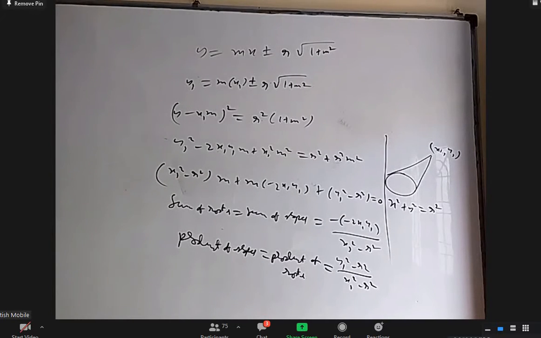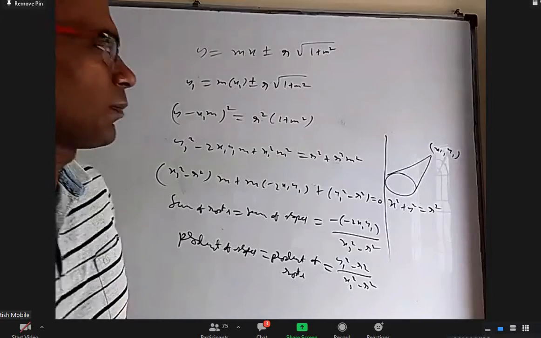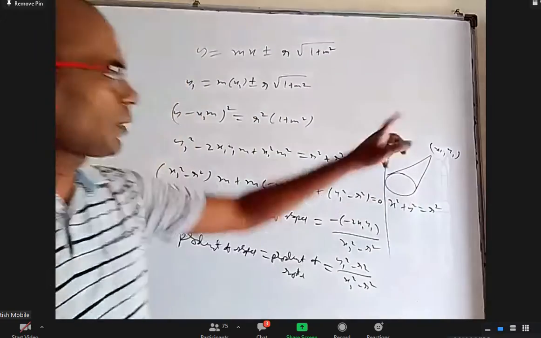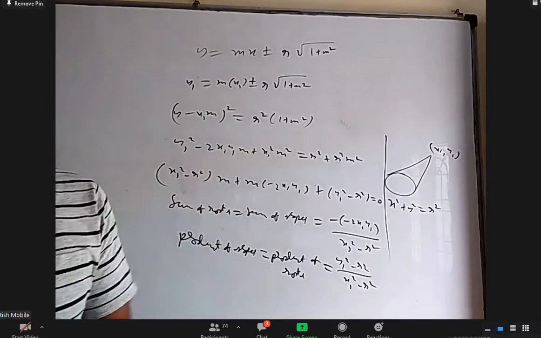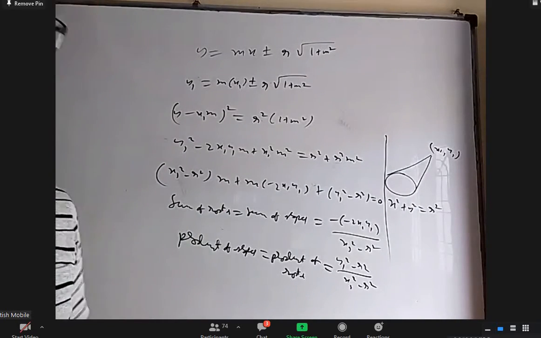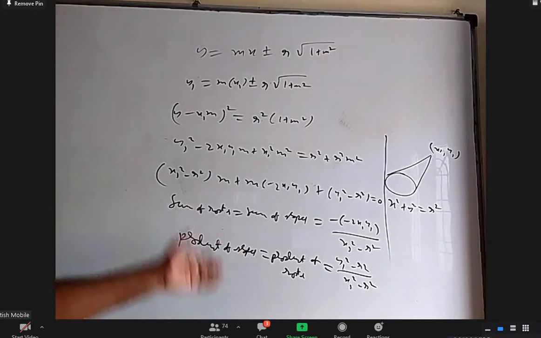Okay, is everybody clear? Completed? Yes, sir. Okay. So again, same as the last two questions. We took the general tangent of the circle, substituted that point, squared it, so we get a quadratic equation in terms of m. Earlier in one question I asked the sum of the roots, in another the product of the roots. Here I was asking both.